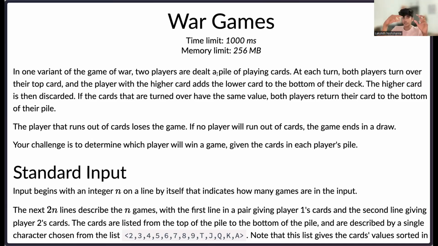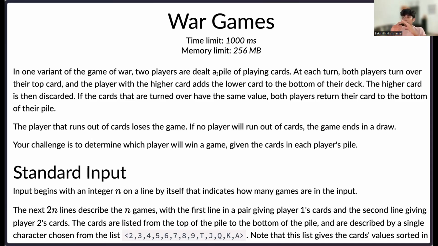If there's a difference, we discard the high one and get the low one and add it to the next list. The simulation part is pretty straightforward. So what I can do is the simulation, but the problem is I don't know how long this will run.